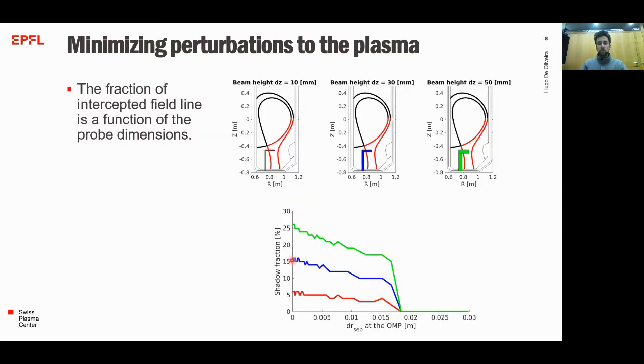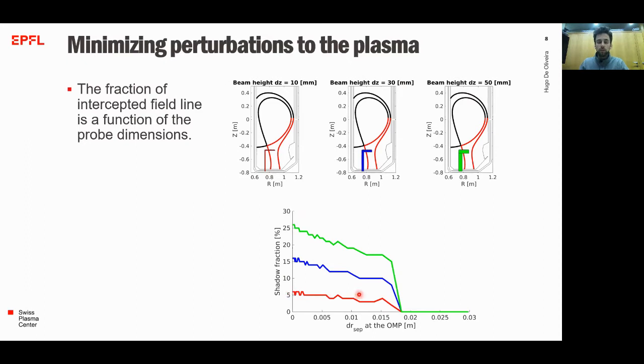This fraction percentage is represented here as a function of the radial coordinate of the magnetic equilibrium. You can see here that it's about 15% for the blue case, and then goes down to 0 once the field line has exited the probe flux surface, the last flux surface in contact with the probe. For 3 different probe heights, so the vertical dimension of 10, 30, and 50 millimeter, you can see here that